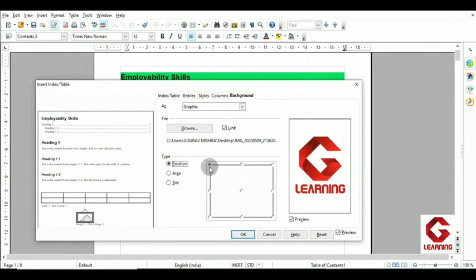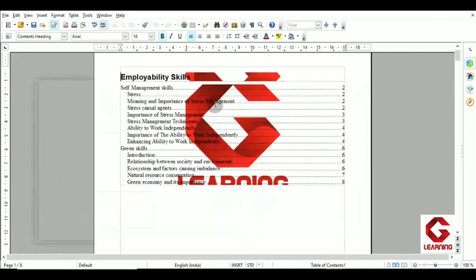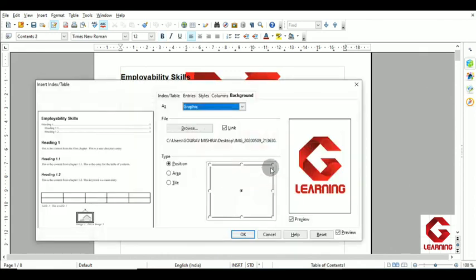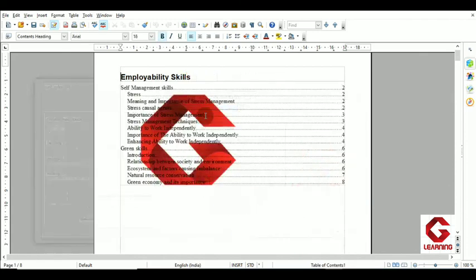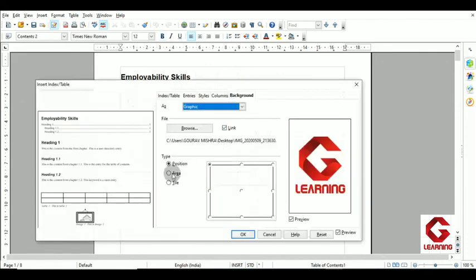We can use this option if we want to put this image at the top left corner, and if we want it at the center we can use this, and I'm going to show you its effect. When I'm clicking on the OK, you can see we are getting the picture in this way. Now next, if I'm using this option, how will the image come in the document, that I will see. Now this time you can see the image is available in this manner.